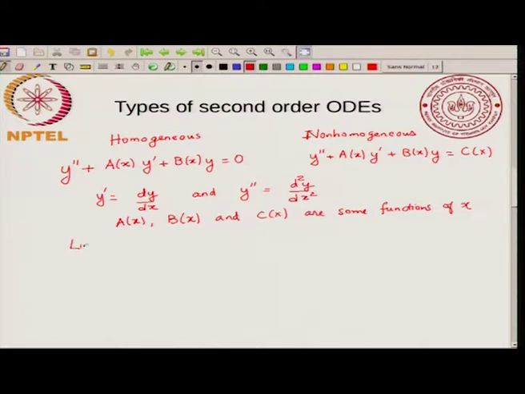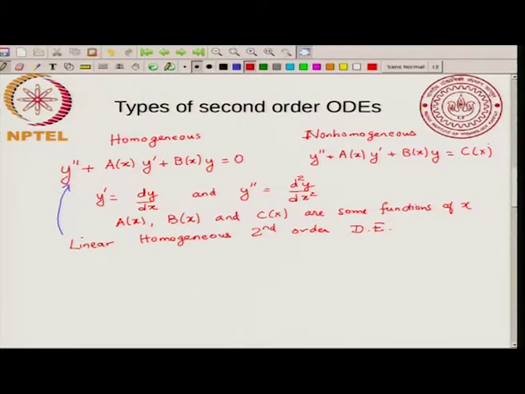linear homogeneous second order differential equation. Okay. So, I will just mark. So, this is an example of a linear homogeneous second order differential equation. The reason we said it is linear is because the power of y or any of its derivative in each term is 1. Now, the only difference between a homogeneous and a non-homogeneous differential equation is that you have this